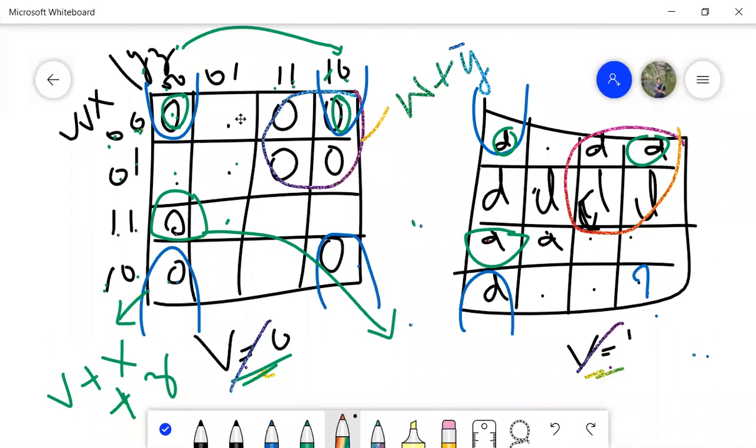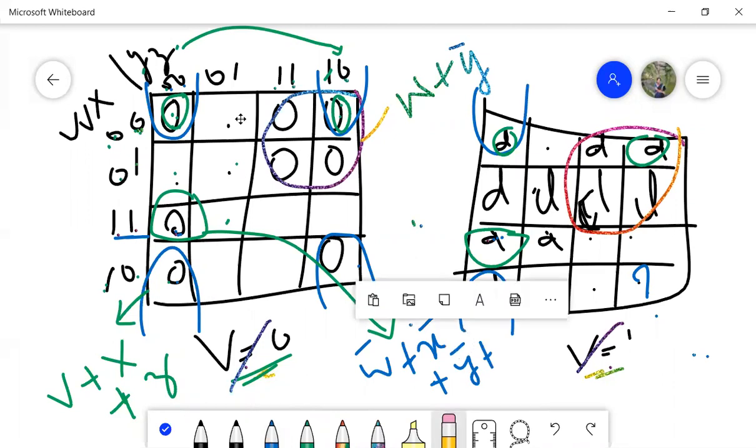So what will be the new value? So the new value will be W bar plus X bar, because it is 1 and 1. Then plus this and this one, it is lying with these two. So what is the value over here? 0 and 0. W bar plus X bar plus Y bar, sorry, plus Y. It is not Y bar because